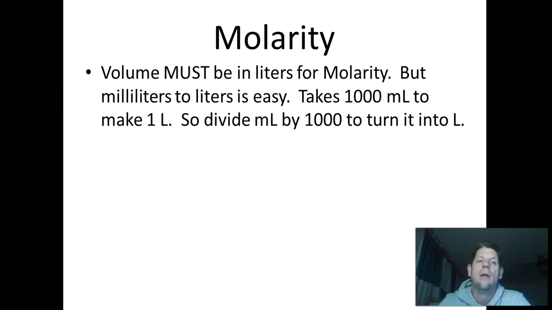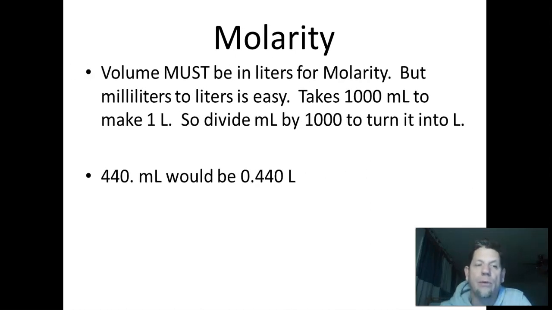Oh, no, not a sample problem yet. I can't see my notes. The volume must be liters. You're going to see a lot of problems where they do not give you liters. They're going to give you milliliters. So the easiest thing to do is divide that milliliters by 1,000, and that will turn it into liters. So, for example,